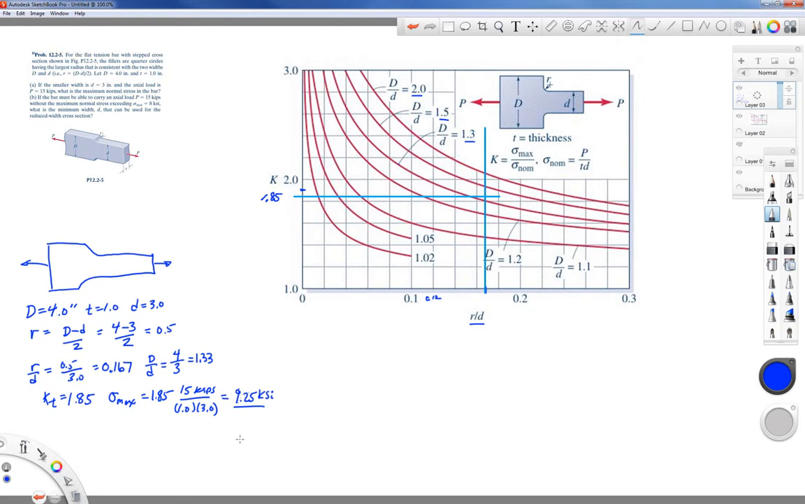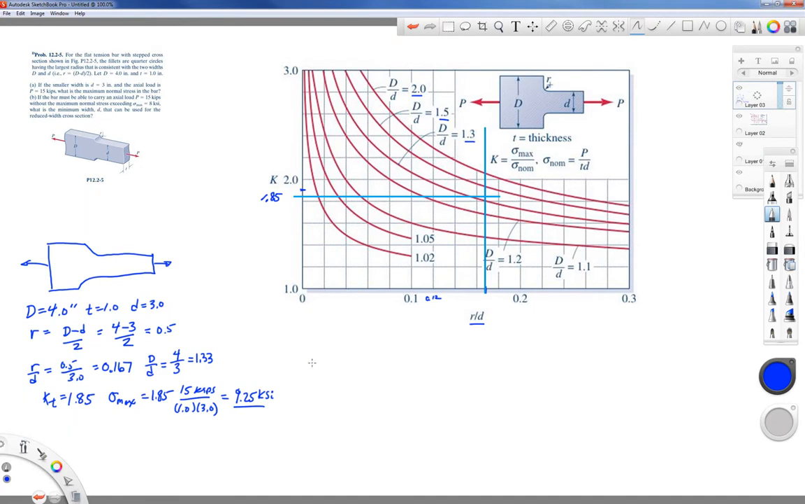For part B, we need to find a different value of little d that causes our stress to be lower. We can use our value here as a starting point. If we continue to the right, we may end up with higher stress concentration factors, depending on where our curve is at. If we go a little bit to the left, we may have a reduced stress concentration factor. I don't know exactly which way is going to push us where right now, but let's just try